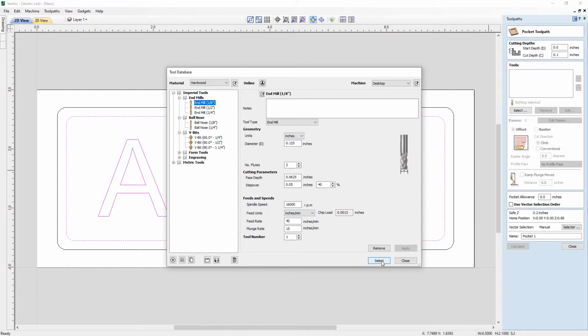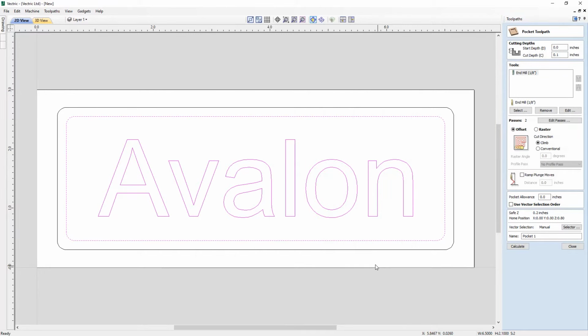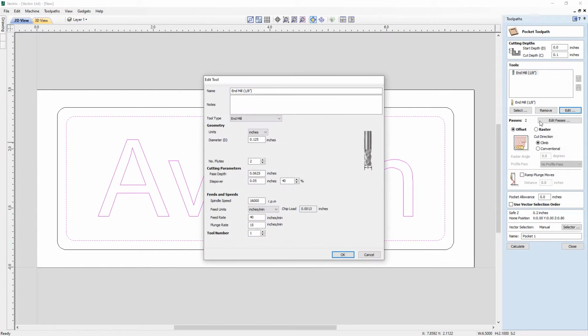So we're going to use the select option here. But then what we're going to do is use the edit option, where we can look at editing any of these fields for this tool, for this particular toolpath, and it won't affect the information that we have stored in our tool database for this particular tool, as we're just altering this on a tool per toolpath basis. So we can see that we have a pass depth here of